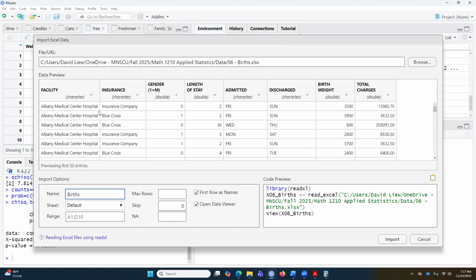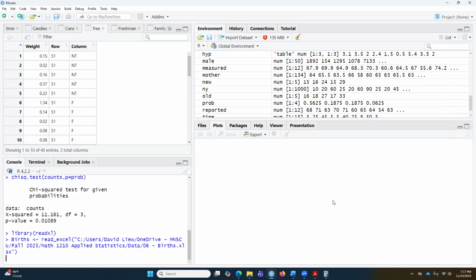Okay. And these are all not important. Admitted. This is the one that is important, because this is the one that the moms was admitted to the hospital. Okay. And discharge means the mom left the hospital. So those are the days. The rest is, so we're going to do that. So we got the